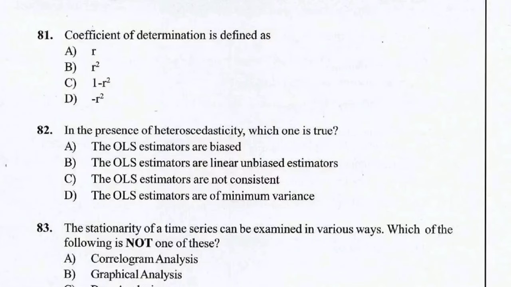Then we have, in the presence of heteroscedasticity, which one is true? The OLS estimators are biased. No, they are still unbiased. The OLS estimators are linear unbiased estimators. That's correct. OLS estimators are not consistent. They are consistent, so it is also incorrect. The OLS estimators are of minimum variance. No,